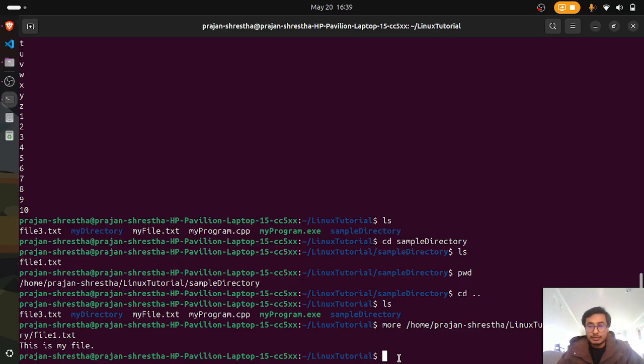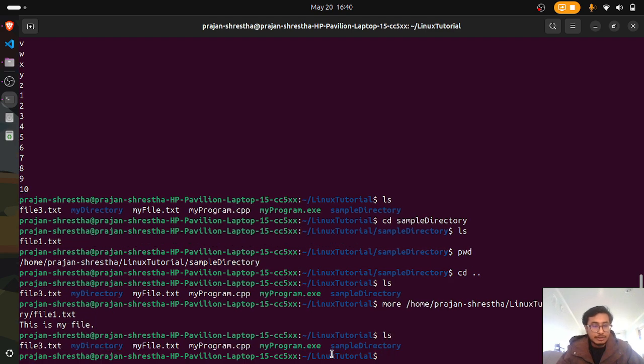In the same way, there is another one, which is the relative path. A relative path is something relative to where you are right now. For example, I'm in Linux tutorial, and if I do ls, then I have my file.txt. If I want to move my file.txt to, let's say, the sample directory, what I can do is just move